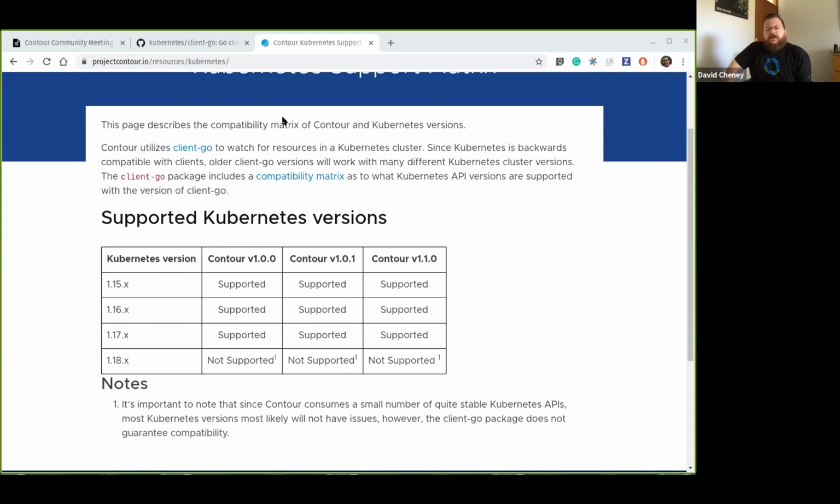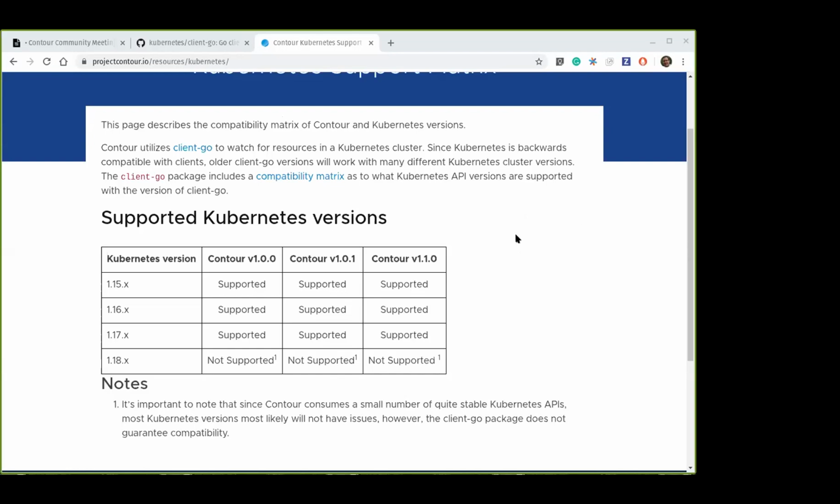The main driver for this is we needed a newer client to work with the dynamic client, which would give us access to service APIs types. So it all kind of comes back to service APIs. Any questions? I'm guessing Dane and Mikhail, this is pretty standard stuff.